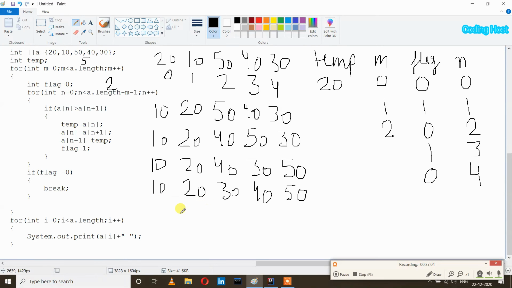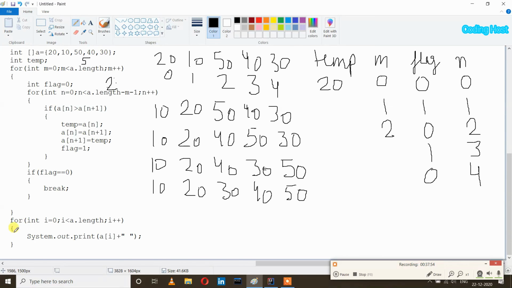It means that if all the elements of this array are located in their right positions and they are not swapping anymore, this flag variable will remain 0, and after the ending of an iteration, it will check whether the variables have swapped or not. So in the third iteration, none of the elements have swapped, so it means that all the elements are sorted. So that's why it will execute this break statement and our loop will break.